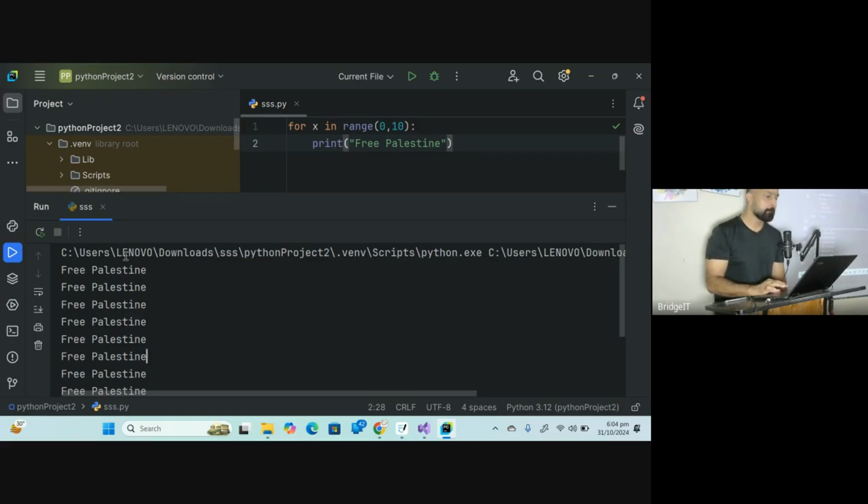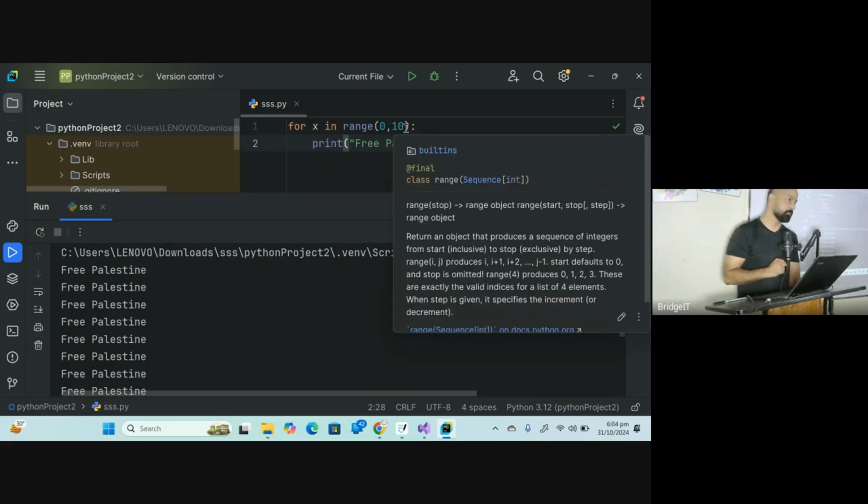There is a reason behind this, people, because when you write 0, 10, this program will iterate 9 times in Python.